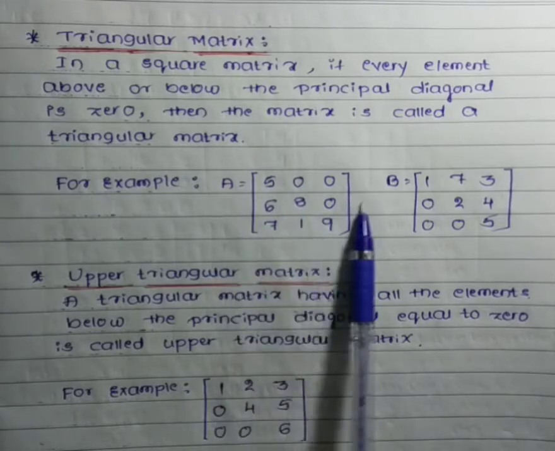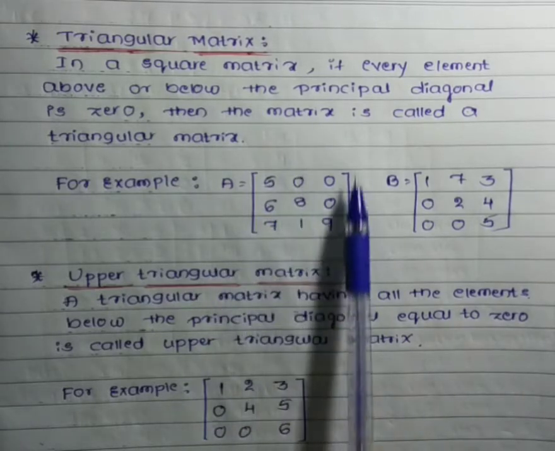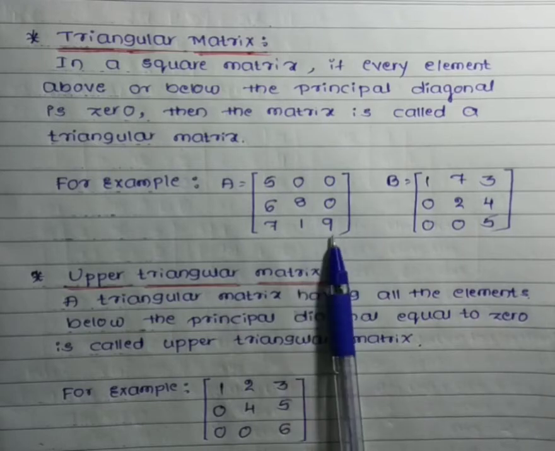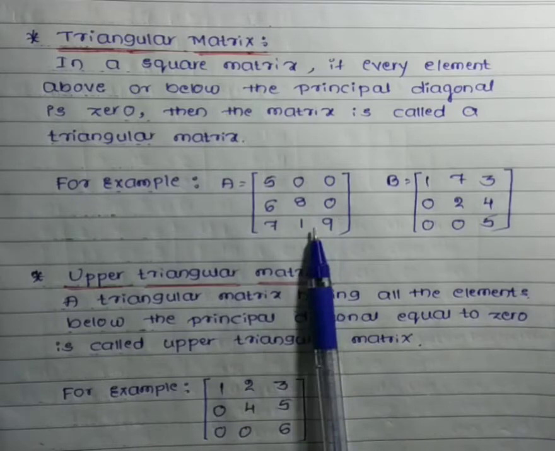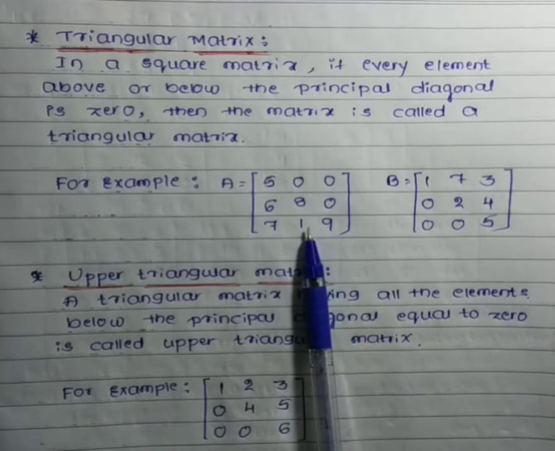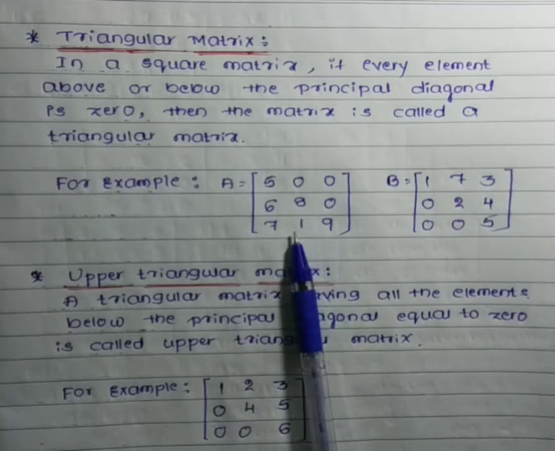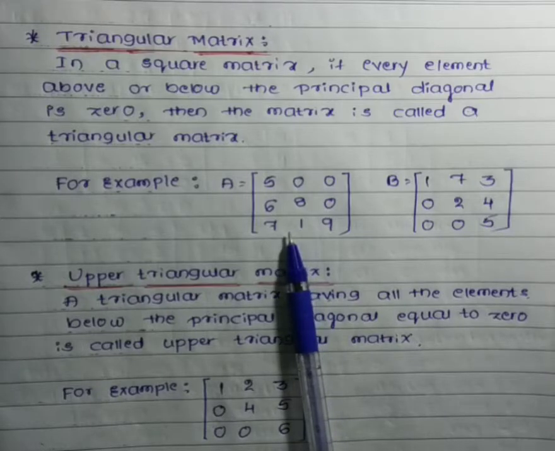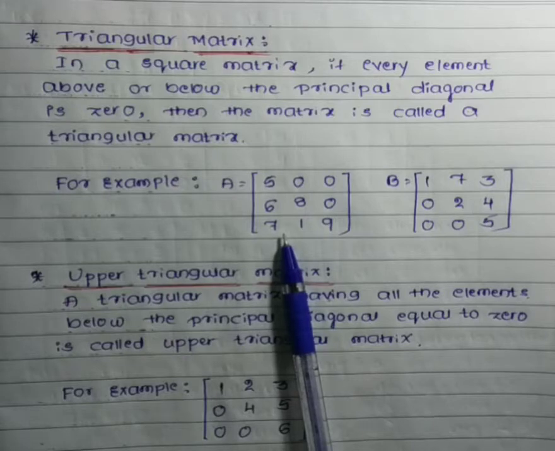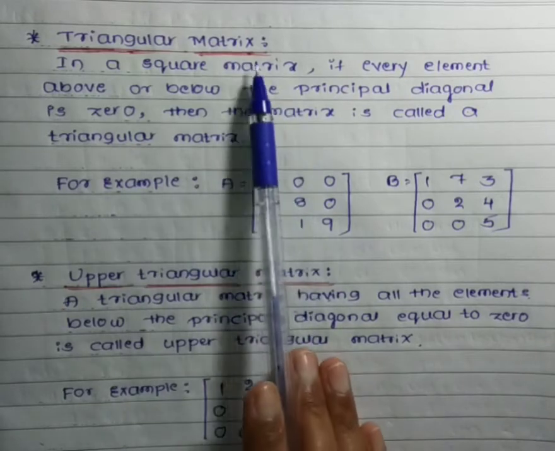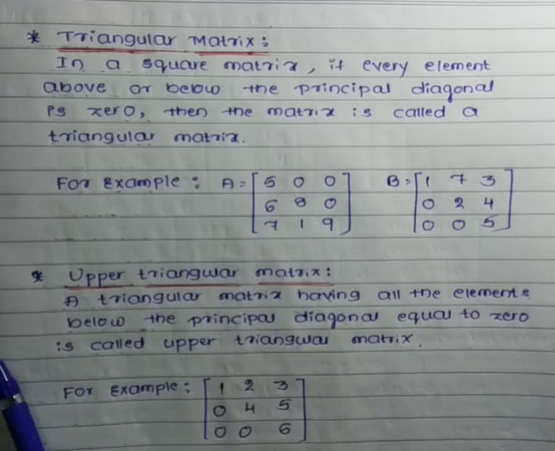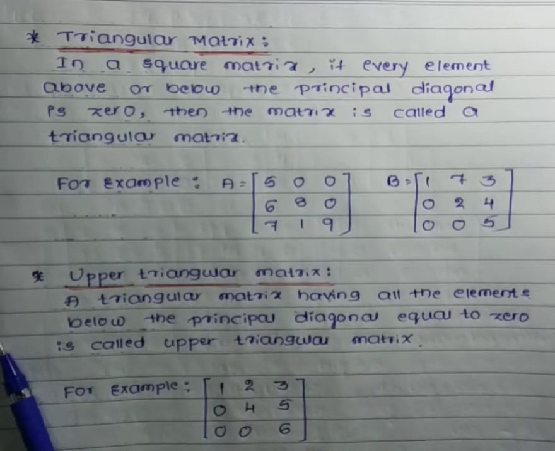Here the number of rows is 3 and the number of columns is 3. So this matrix order is what? 3 cross 3. So this is an example for 3 cross 3. Similarly, we can write 2 rows, 2 columns matrix, that is 2 cross 2 matrix, and even 1 cross 1 matrix, 5 cross 5 or 4 cross 4 matrix. So here square matrix means in any given matrix, if number of rows and number of columns are same, then such matrix we call as square matrix.